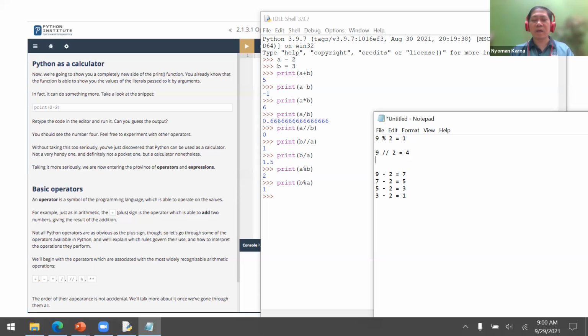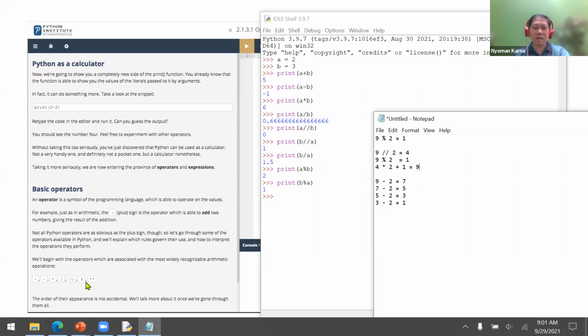And the remainder is 9 modulo 2 is 1. So it's the same thing like 4 times 2 plus 1 is 9. Okay, that's how the integer division and percentage or modulo means.